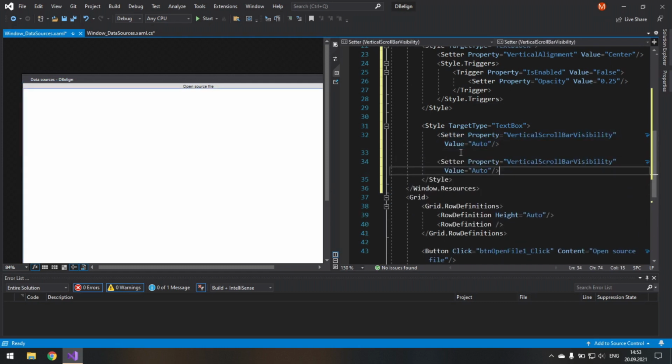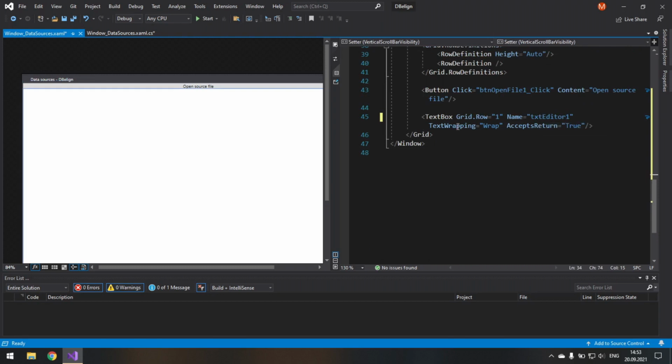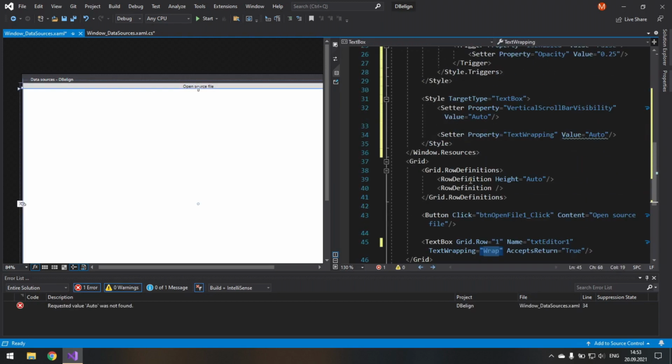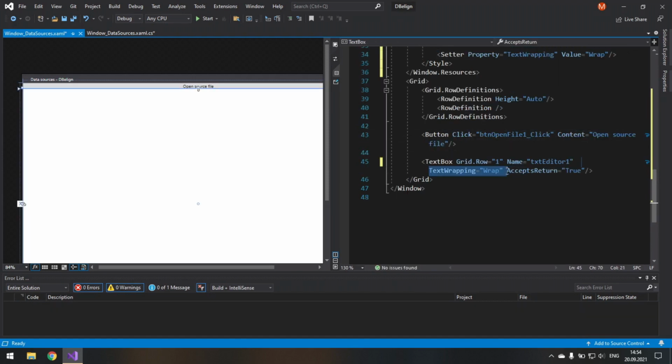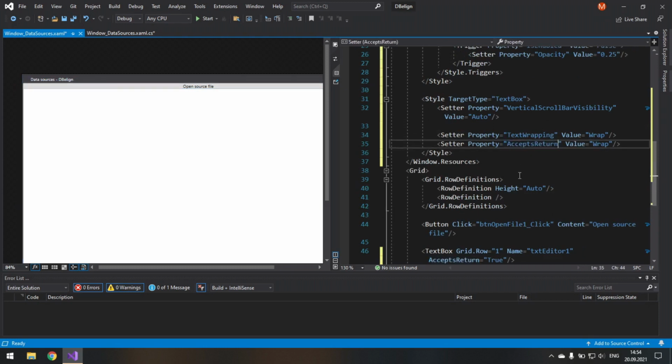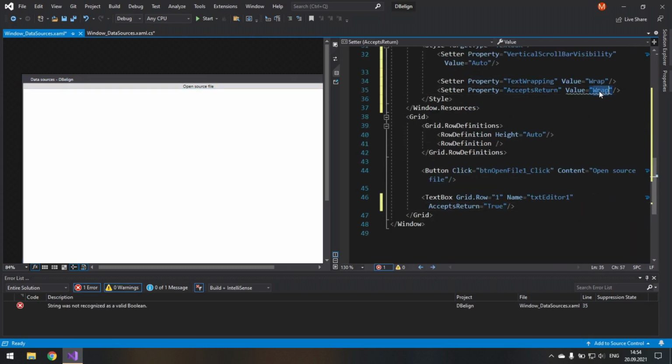So text wrapping will be equal to wrap. You can remove it. Also accepts return, we'll set it to true. I do it because otherwise I will have to duplicate all the same properties for another text box.